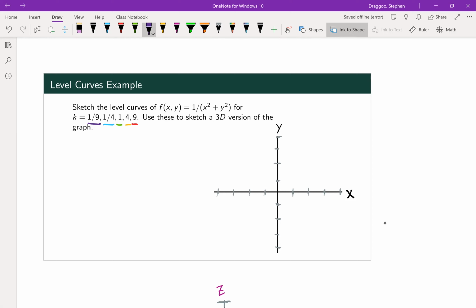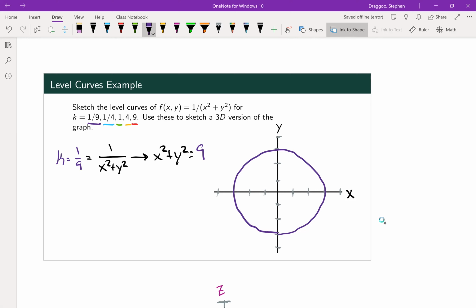For starters, I'll look at k equals 1/9, which means that 1/9 is equal to 1 over x squared plus y squared, giving us the equation x squared plus y squared equals 9. So we're looking at a circle of radius 3. So if we just sketch that in,